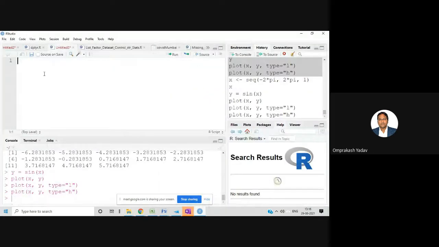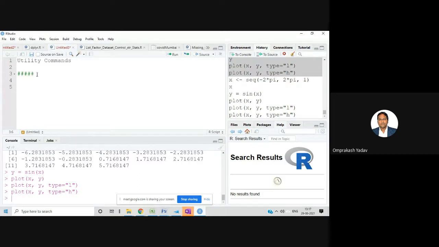Let's start with something called utility commands. We'll see utility commands first. What different utility commands are there in this? So let's say there is a sign like hash.